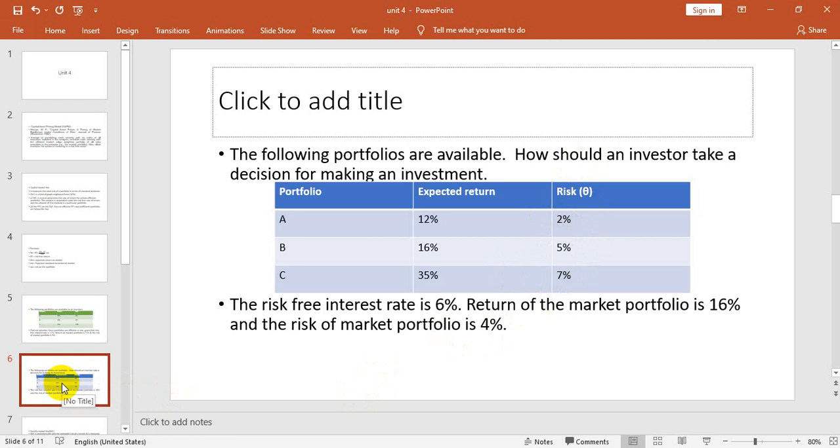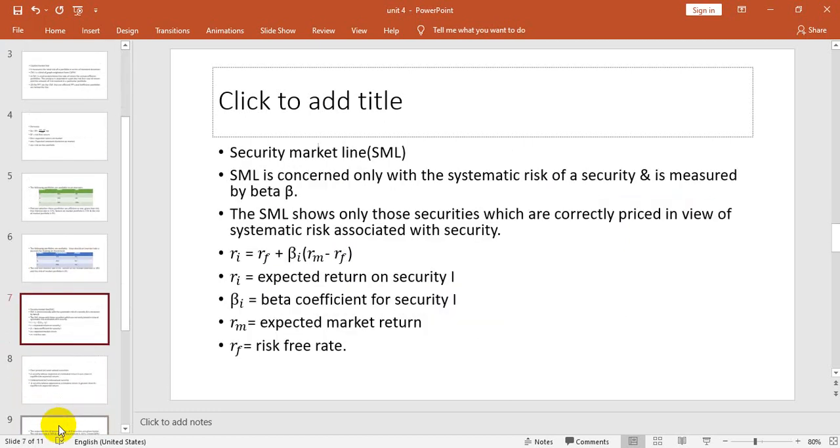So I'll wind up the class over here. In my next class, I'm going to tell you about the further part, that is the security market line. This is also very important. And what is the basic difference between capital market line and security market line? Capital market, you are all familiar, there are two different markets, capital market and money market. Capital market deals with long-term securities, which will be bought and sold, whereas in the money market, short-term securities will be bought and sold. So here we are discussing capital market theory, the capital asset pricing model. So under that, only securities which are long-term will be recorded.